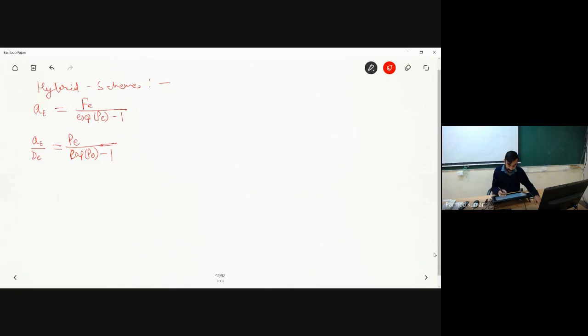Now let me plot this coefficient AE divided by DE as a function of Peclet number. So here say Peclet number is 0, and this is the direction in which Peclet number is varying. Below 0, I'll have negative Peclet number, and above 0, I'll have positive Peclet number. Say this is my axis for AE by DE, say this is 1, 2, something like this. Now, can you tell me what will be the nature of this AE by DE? What will the curve look like?